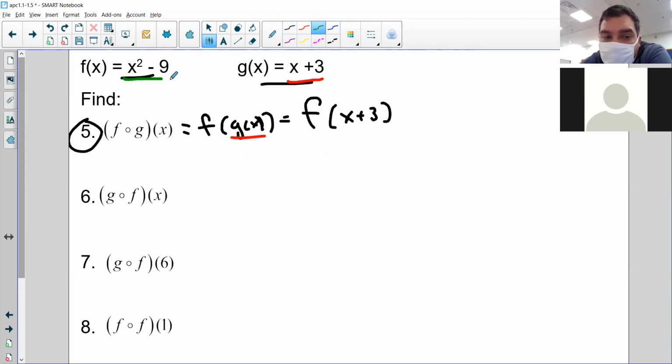Now over here, every instance of x gets replaced with x plus 3. So it's going to become x plus 3, whole thing squared, minus 9, because I have to replace the x completely with the x plus 3. Here, I'm going to FOIL out. Please don't assume